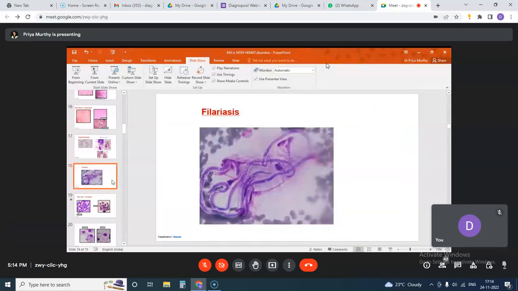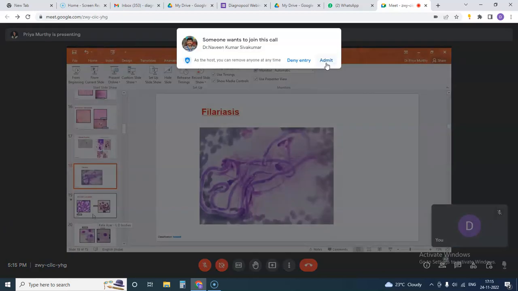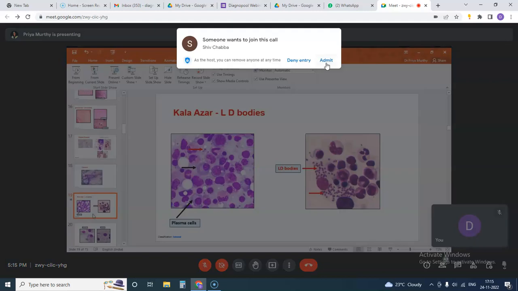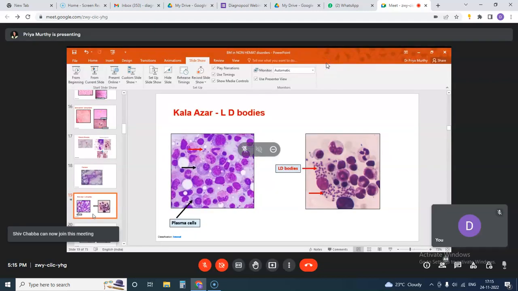We also can rarely see cells in the bone marrow aspirate. Another common infection seen in Bihar and Northeast is Kala Azar, or Leishmania donovani infection. These cases present with fever of long-standing duration. There is splenomegaly. And what is the clue to look for these LD bodies? The presence of numerous plasma